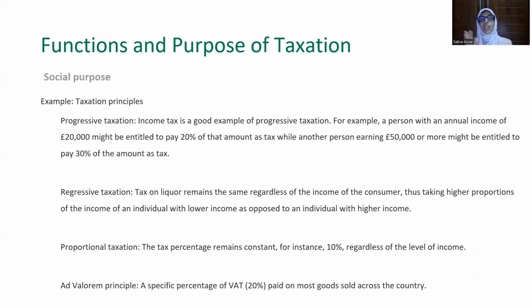So that's why we call it progressive taxation. So moving on, we are trying to go towards regressive taxation. What is regressive taxation? Tax on liquor remains the same regardless of the income of the consumer, thus taking higher proportions of the income of an individual with a lower income as opposed to an individual with a higher